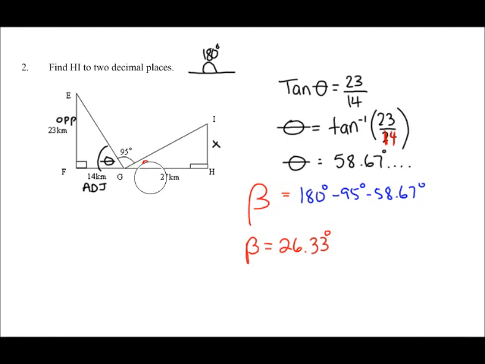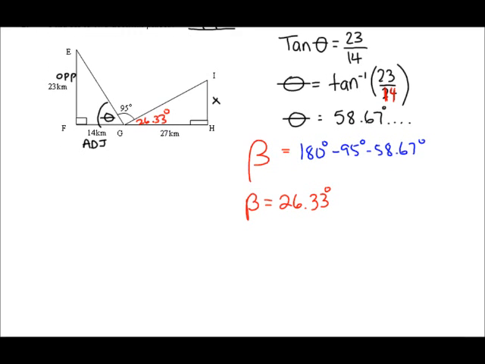Okay, so we finally know. I'm going to replace that here with 26.33. Can we find it? Yes. Now we know an angle and a side. So in this triangle, what is side X? Opposite, and we have adjacent again. We have the legs. So we're using tan. Tan of what angle? 26.33 equals